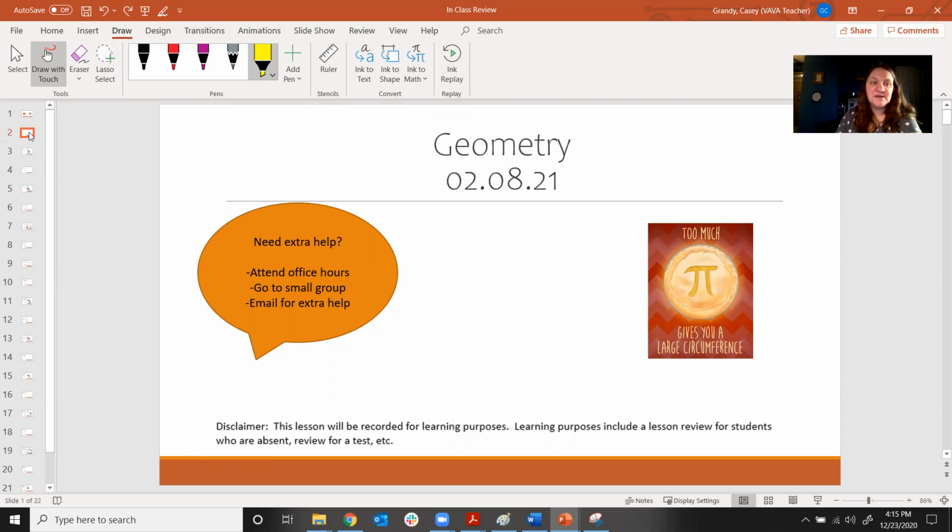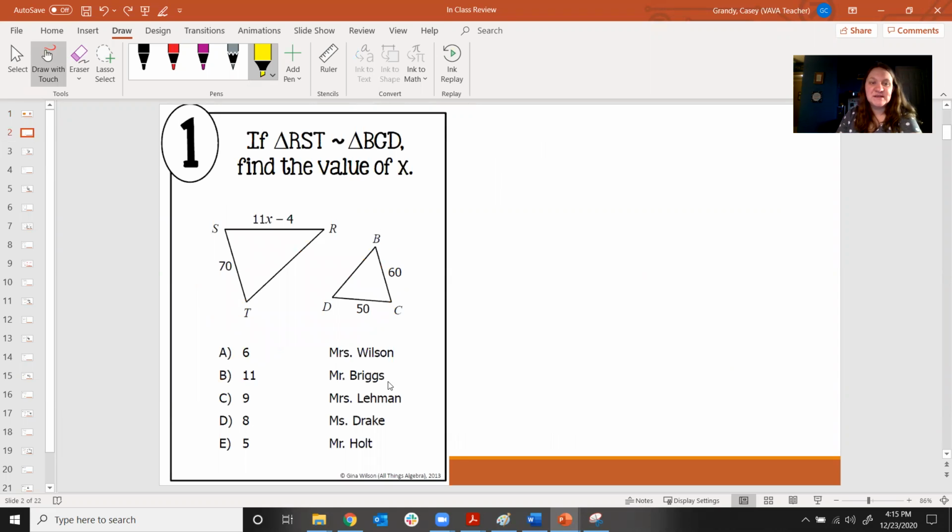So when we are doing the activity that is posted to OMHS, what I'd like to do is I'd like you to try the problem, and then I will go over it. So we're going to start with problem 1. And this is actually a